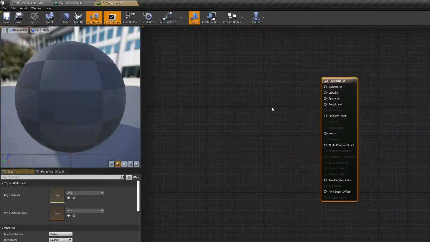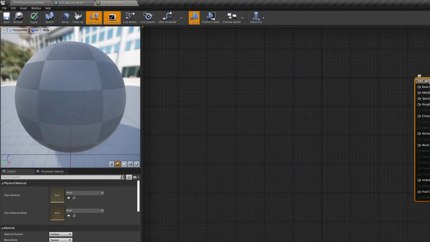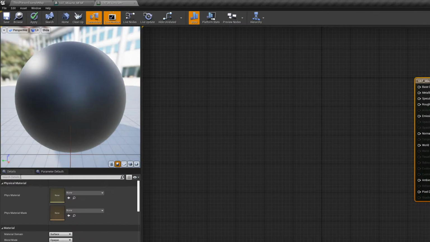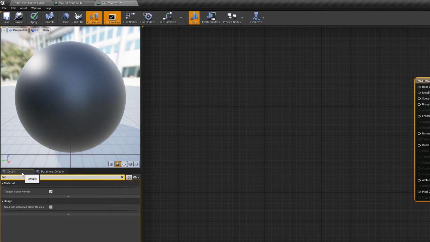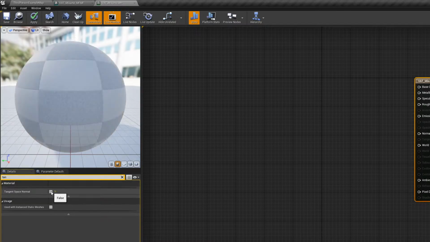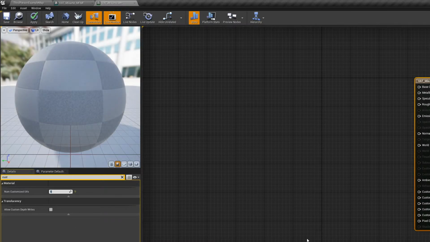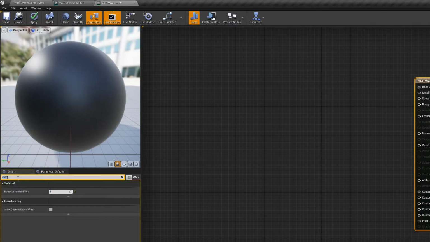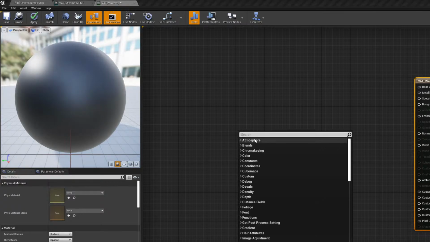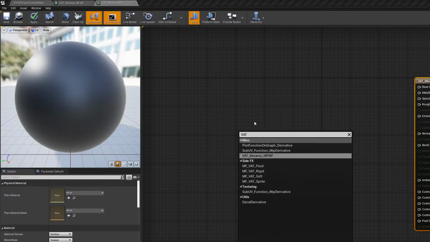Got to double click into that. And then what does it say? We got to make sure that the tangent space normal is turned off. And then make sure that custom UVs, there are 5 or there are 4. Oh well, better be safe than sorry. Okay, we got that. All right, cool. Now what we have to do is turn off the... what is it? If we call this VAT, that